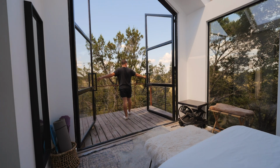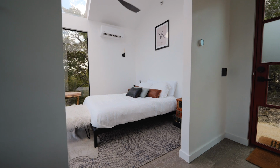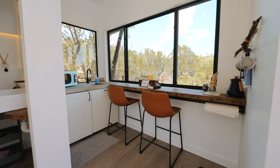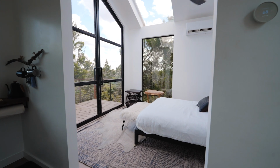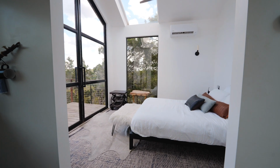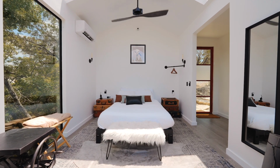So whenever you walk inside, you'll see that the layout is basically the exact same as last week's video. A little bit different, but the design is totally different. The opening over here on the right is your living/bedroom space. You got the bed right here in the middle, and then right across from that, you can't ignore these French